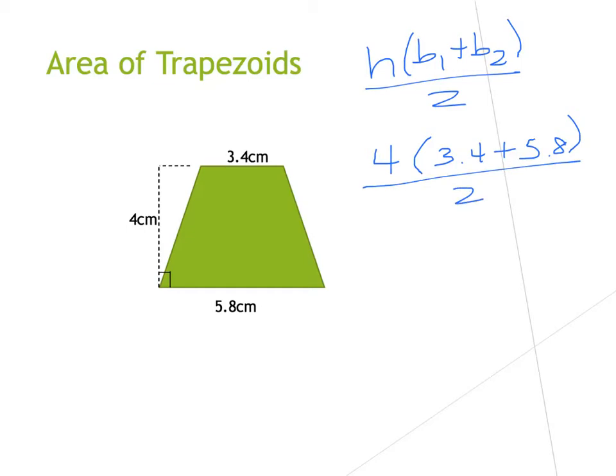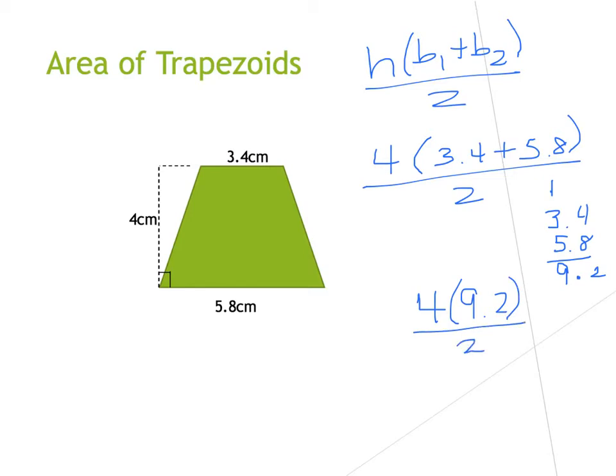So the first thing I'm going to do is adding the decimals. And remember, anytime you add decimals, you have to line them up. 8 plus 4 is going to give me 12. 5 plus 3 gives me 8, plus 1 gives me 9. And I'm going to bring my decimal straight down. So that's going to end up giving me 4 times 9.2